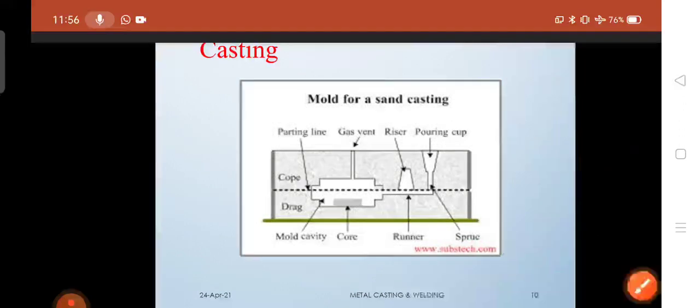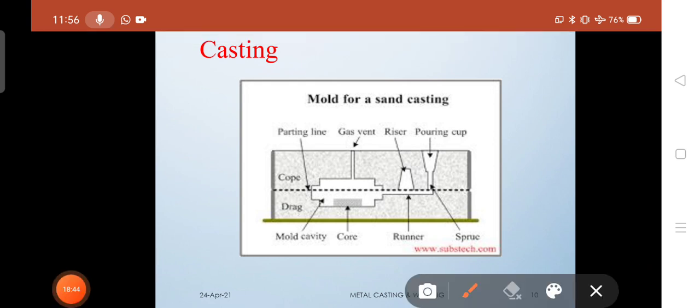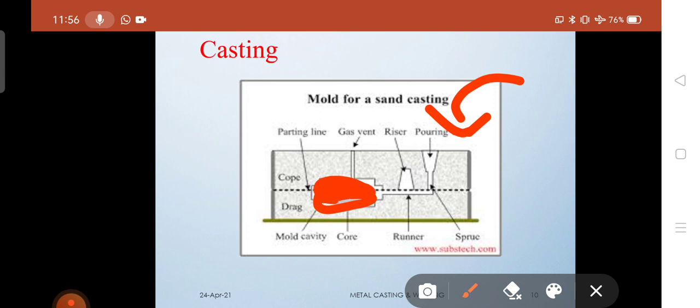Now that liquid material, we are going to pour into the pouring cup. Here you can see this is the product shape we are required to obtain.